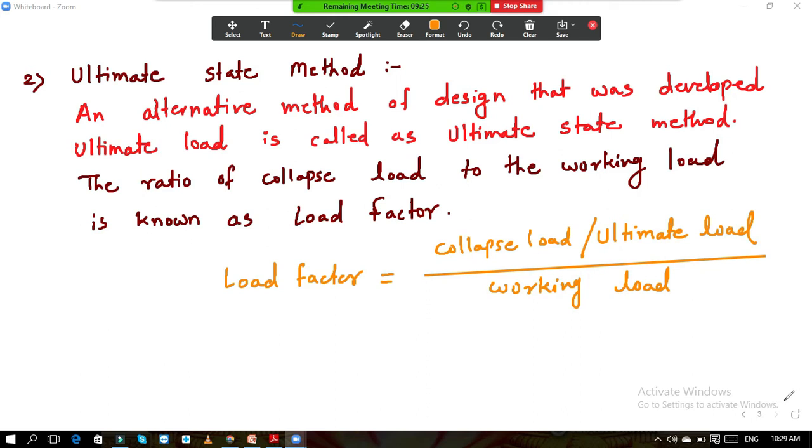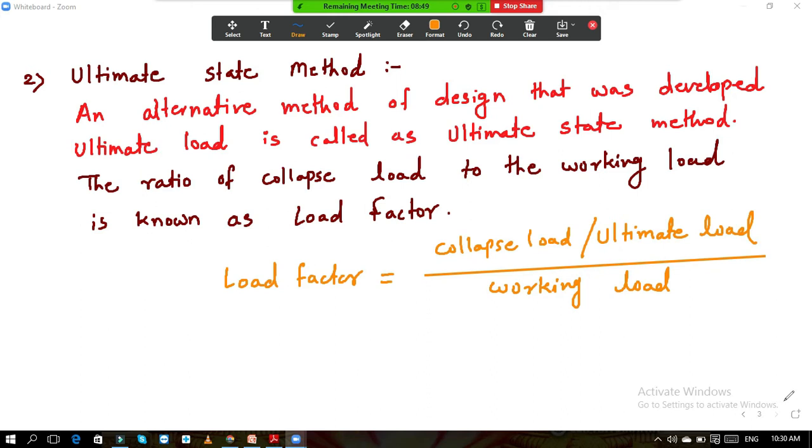The deflection of the structure is less because the dimensions are more, and in the ultimate state method, as you reduce the dimensions, the member is thin, so its deflection is excessive, and due to the excessive deflection of the structure, cracks will develop in the structure and the structure will fail ultimately. Okay, so this is the drawback of this ultimate state method. Now hope you understand the drawback of the working stress method and the drawback of the ultimate state method.